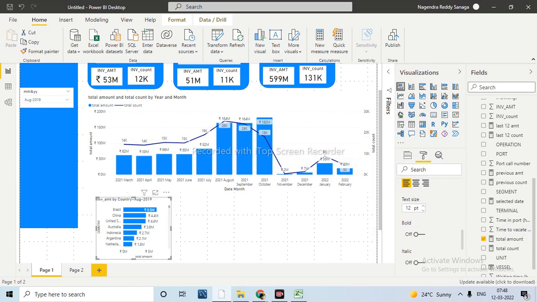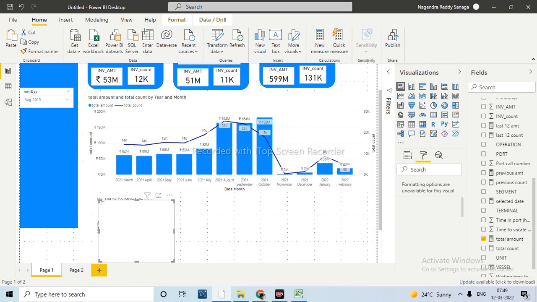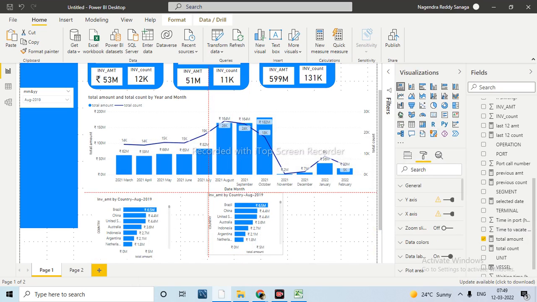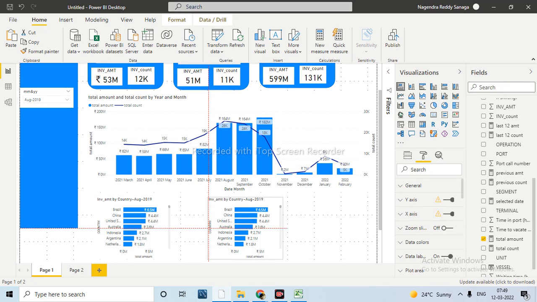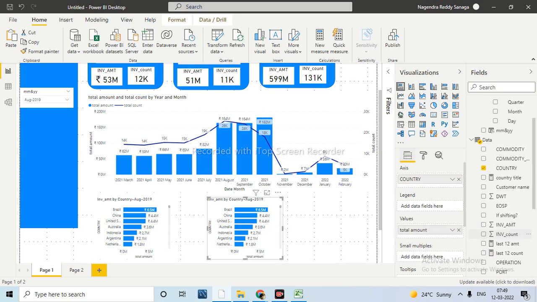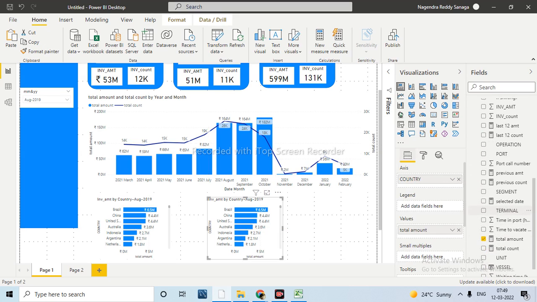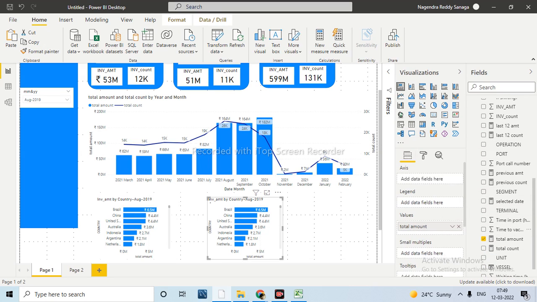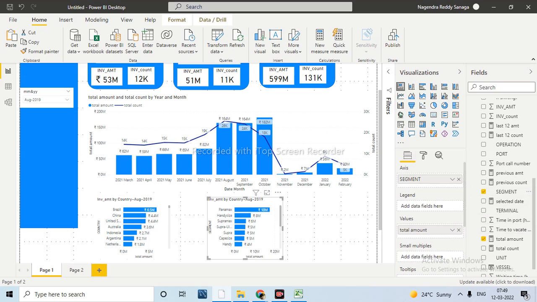Now we'll do the same thing. We'll take only one, the rest remains the same. Now we'll take based on the segment. Okay, now we are getting it based on the segment, but see what happened, it is showing as by country, but this is by segment.